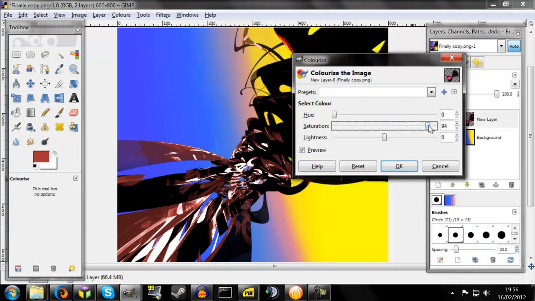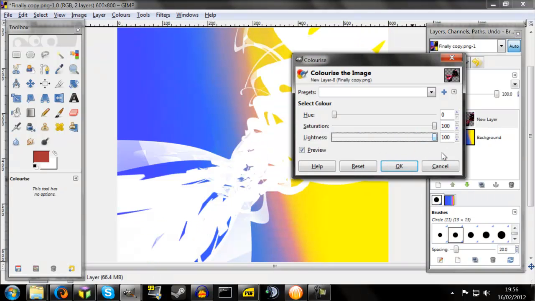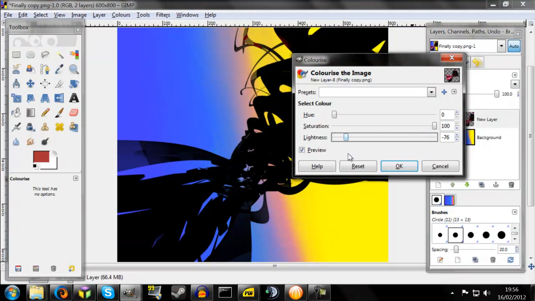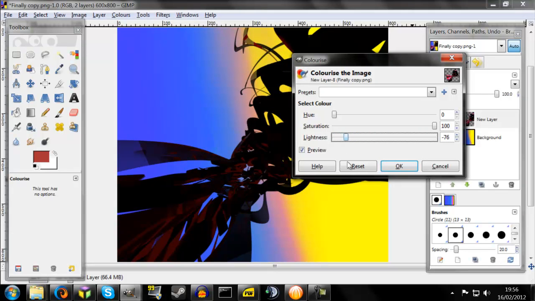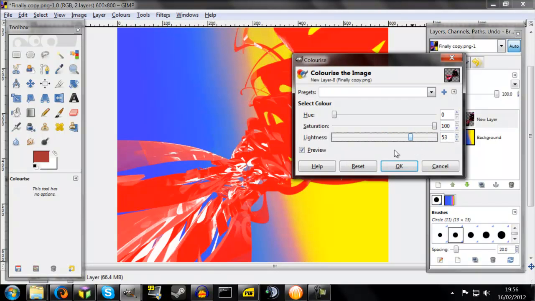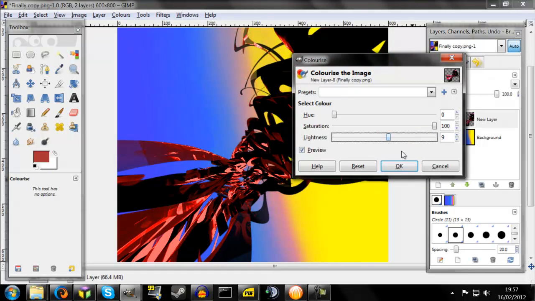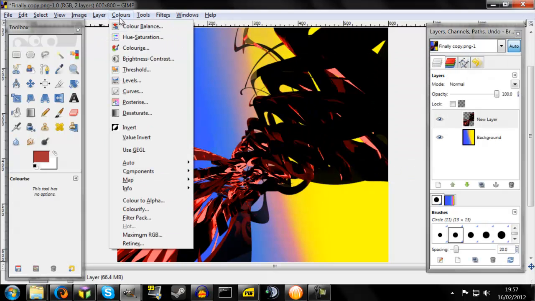You can also play around with the saturation here and the lightness again, and perversely the lightness setting on this one is different again to the lightness setting on the brightness contrast and also the hue saturation. So there's 3 different ways that you can play around with the lightness. Actually no, I lie, there's many ways that you can play around with the lightness, because we also have the